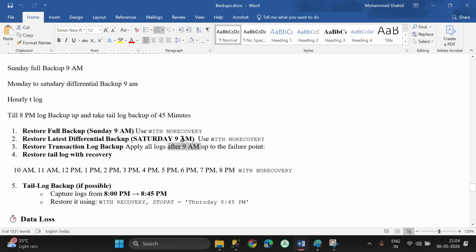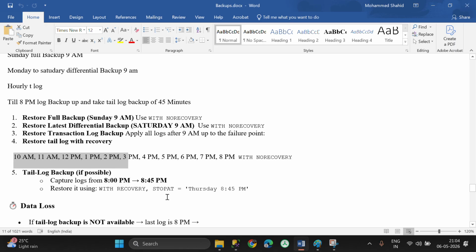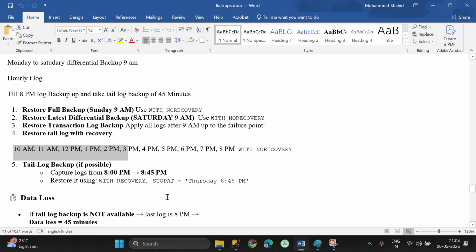The 9 a.m. is done by differential, and 10 a.m., 11 a.m., 12 p.m., 1 p.m., 2 p.m., 3 p.m., 4 p.m., 5 p.m., 6 p.m., 7 p.m., 8 p.m., we have to restore with no recovery. Till 8 p.m. we have restored, right? Whatever the remaining 45 minutes is there, now we can take backup, okay, with no truncate,